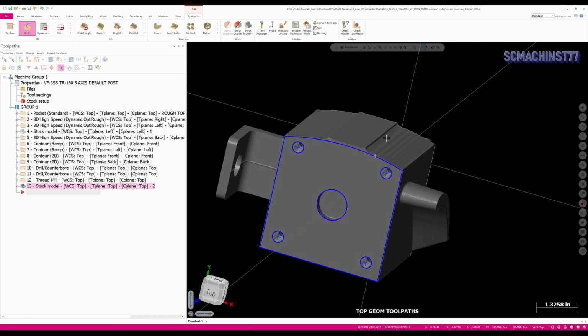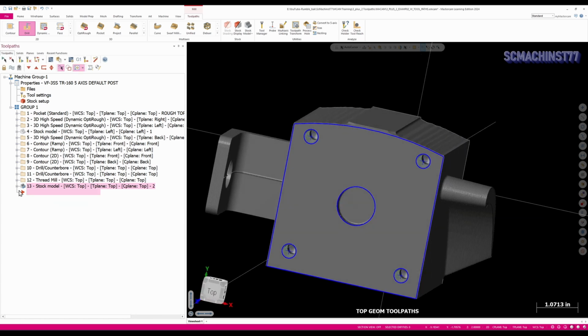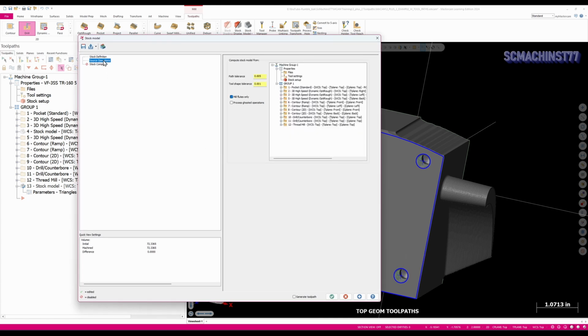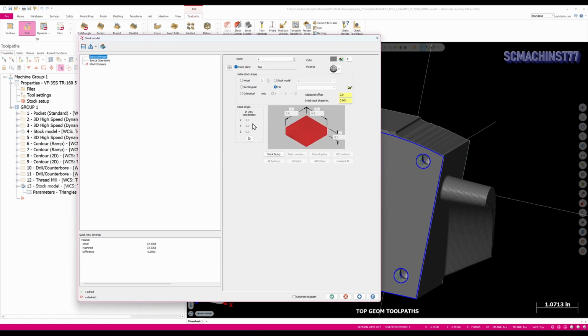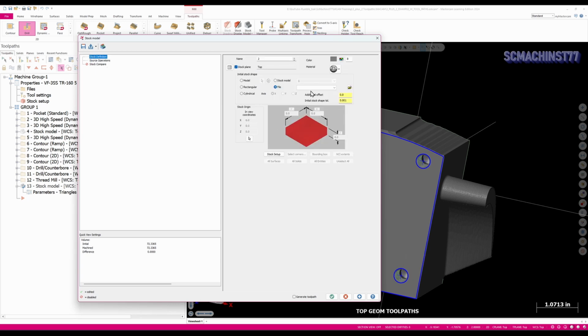All right, here's our stock model. That took way longer than it should have, but I did what I was talking about. I used Verify to create it. Or we verified the part and then I saved that stock model. So see, I have no tool paths in this one, and I'm using file. I don't know why they've got this list here. It doesn't ever populate, but